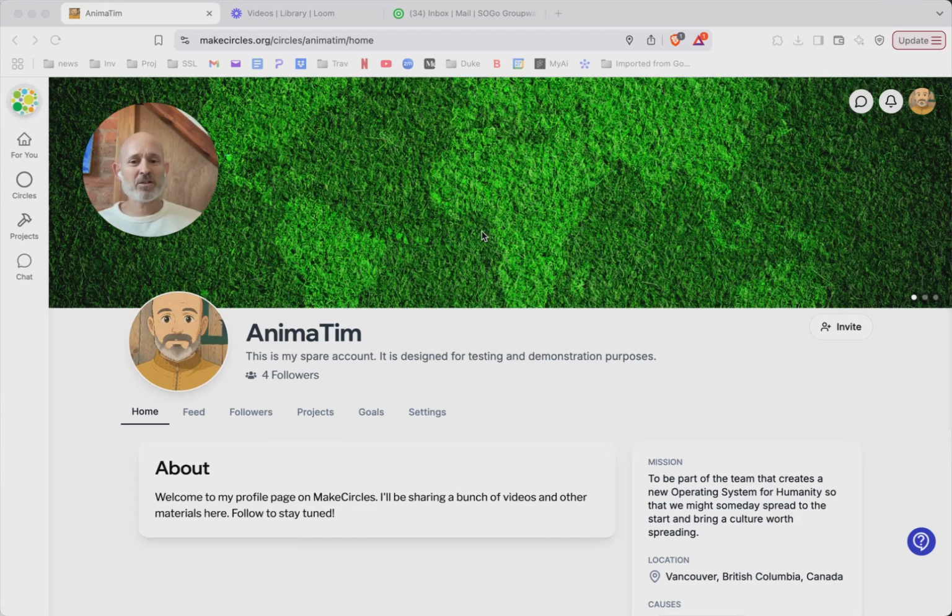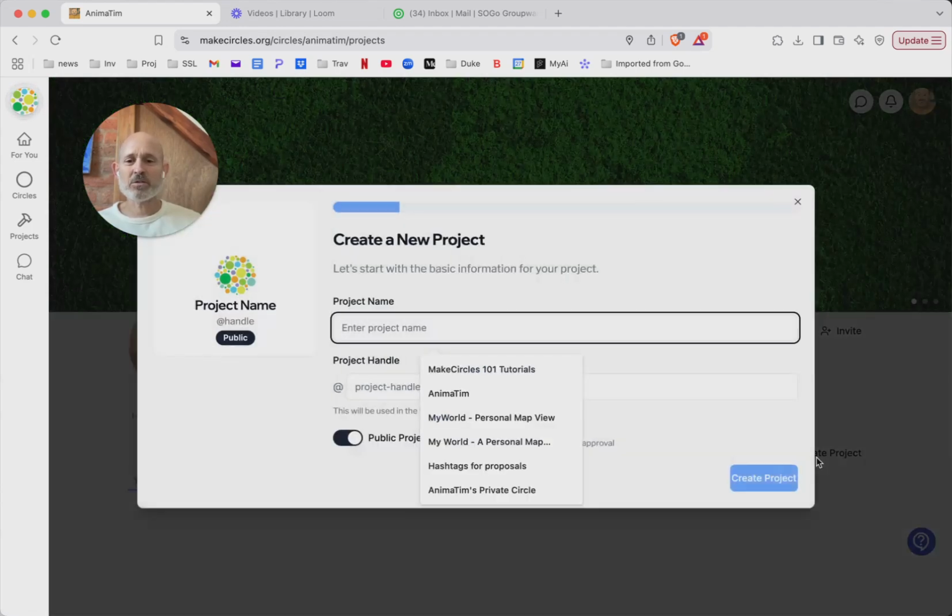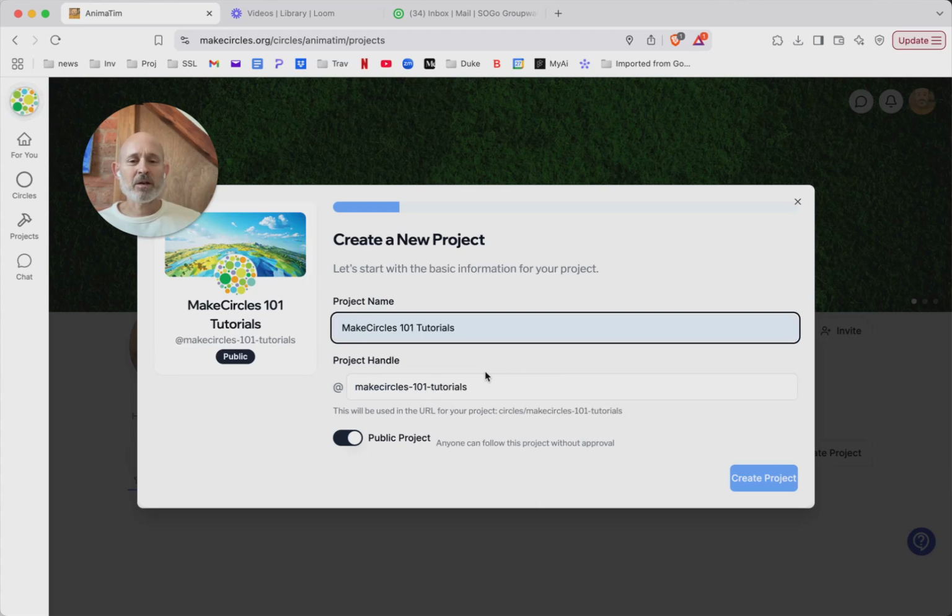You can go about it in actually a few different ways, but one way is you can just simply click on projects on your profile and you can search projects and whatnot, but down here you'll find a little create project button. So you click on that and all of a sudden, create a new project, which is what we're going to do. I've preloaded it a little bit, so we already have a title, Make Circles 101 Tutorials, and